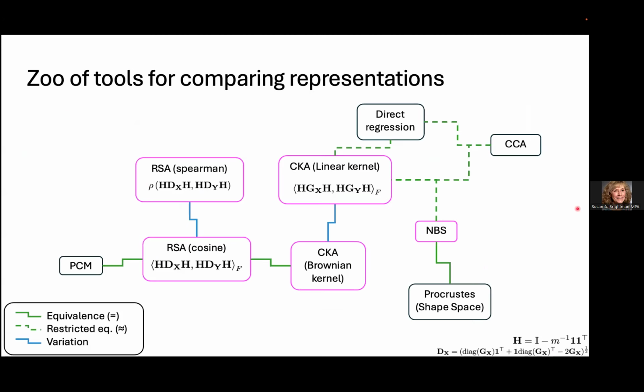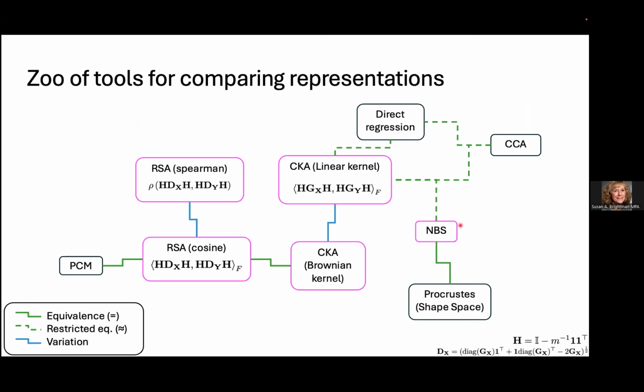That's RSA. There is a whole zoo of methods out there for doing this type of comparison, and RSA is just one of them. So the method that I was just describing might be this one, RSA with a cosine similarity. There's also RSA with Spearman rank correlation. And I want to throw all of these at you just to give you the sense that there exists a large set of different methods, some of which are known to be perfectly equivalent to each other, some of which are known to be equivalent to each other under certain reasonable circumstances, and others are viewed just as variations on a theme. And so all of these methods end up being connected to each other, and all of these methods,